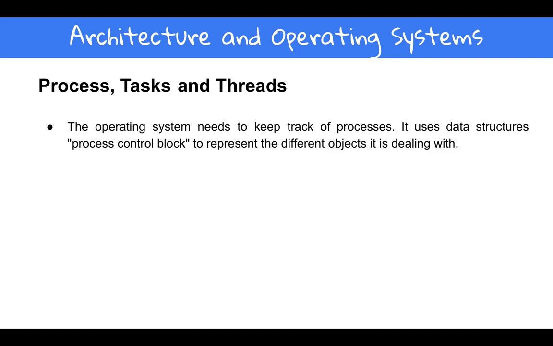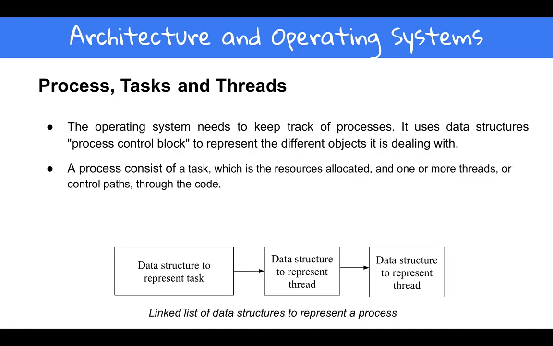But when we use multiple processes to run the programs, we need to be able to track them. So how do we track that? As you may remember, I showed you that we have something called the process control block to represent the different objects it's dealing with. The data structure, the type of the data, because in each part we've got data. The process control block consists of the task,